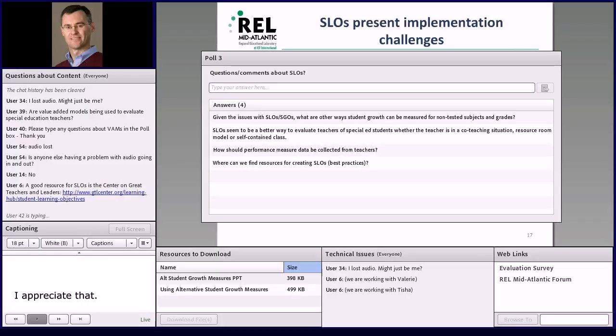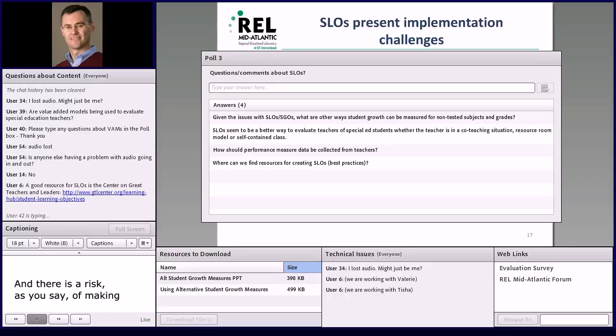Nobody has done a cost-benefit kind of study of student learning objectives, or for that matter, of value-added models. But I think it's an entirely appropriate question to ask, particularly because the level of individualization of these things necessarily implies that there's a whole lot of work that goes into them. And there's a risk, as you say, of making something look like it's telling you more than it is